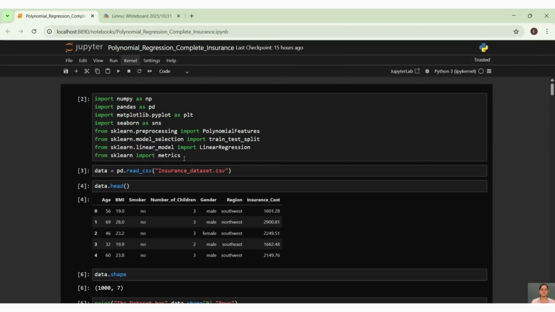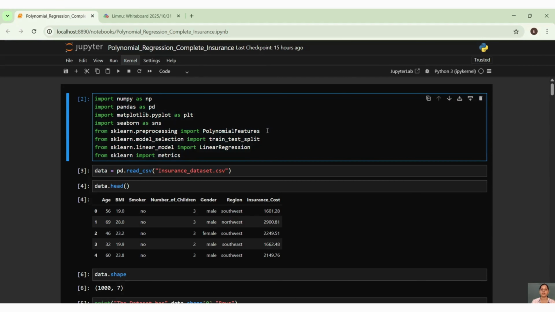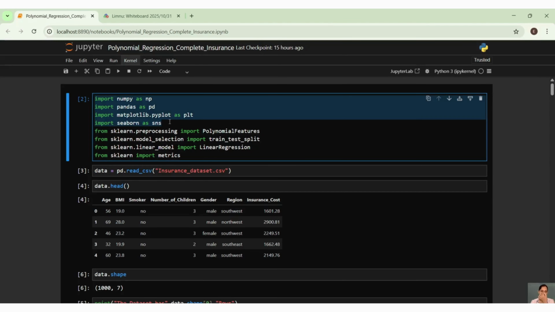So what is the first step, guys? These are your libraries, and we are importing the libraries. We understood from our previous videos on polynomial concepts that we have to get polynomial features by using the preprocessing module of sklearn. And these are your basics. We have to define numpy and pandas every time, because these are your base modules.